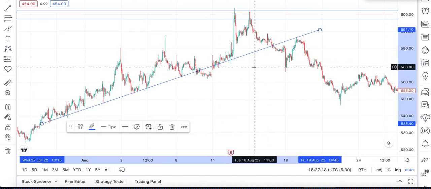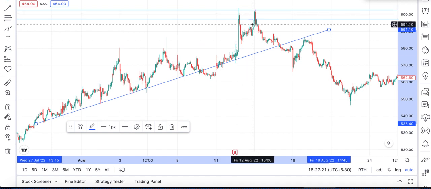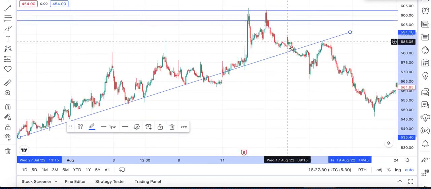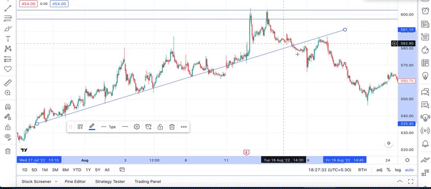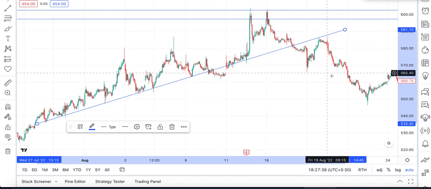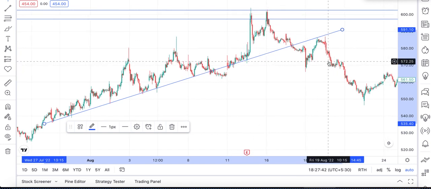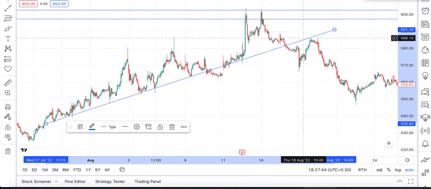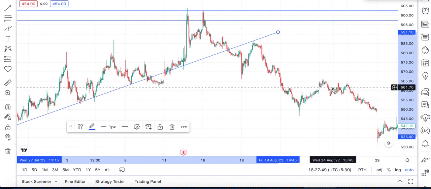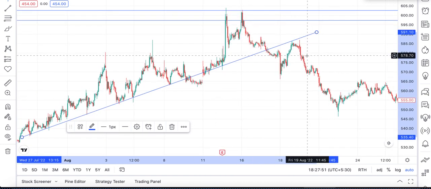Second point, which we see is the green candles over here losing some steam around 16th August, becoming smaller, and the red candles becoming stronger over here. So green candles becoming weaker, red candles becoming stronger. And then, of course, the final thing where you see the stock making lower highs over here and making lower lows, which confirms the breakdown of the formation, and then you get a good strong down move to levels of almost 520